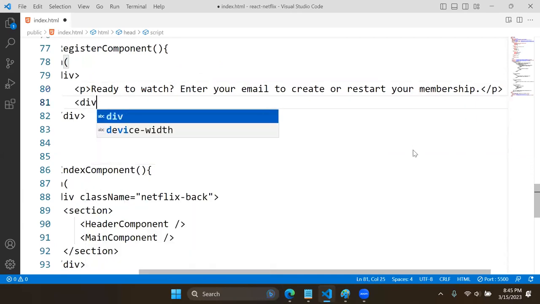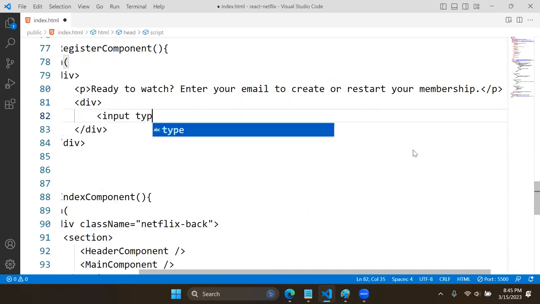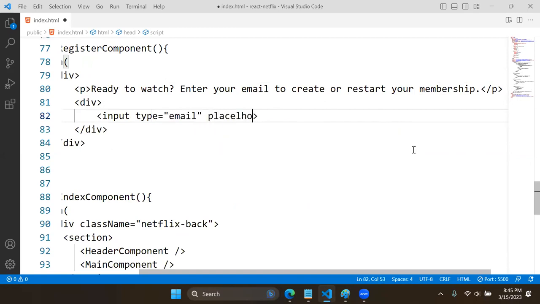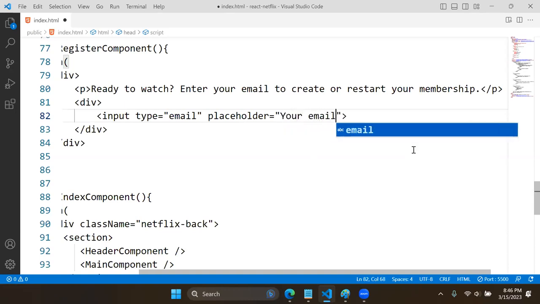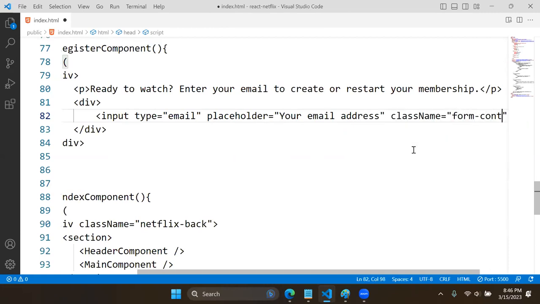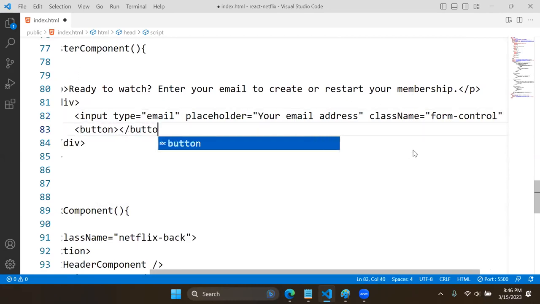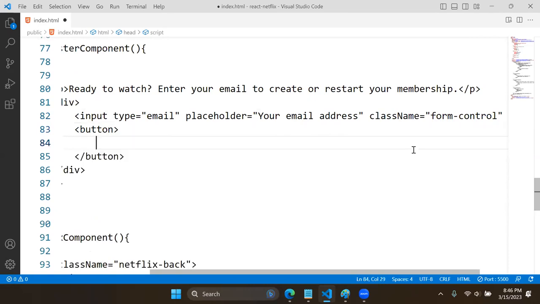And under that, there is a div. In the div, they have an input type as email, and that is having a placeholder. Placeholder is your email address, and it is having input slash. You need a self-closing tag, right? And here it is having class name as form-control, and here we have a button, and this button is actually having